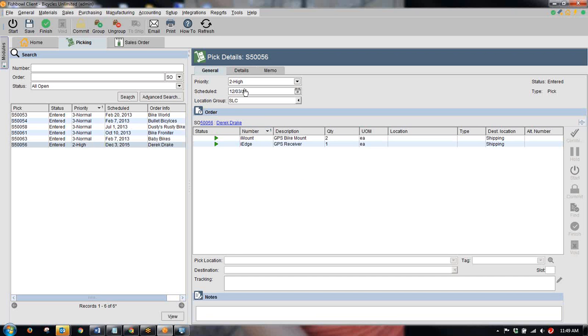So now we've got this pick as a high priority for December 3rd, which means it's not a priority today, because today is December 2nd. Alright, so from here we manage